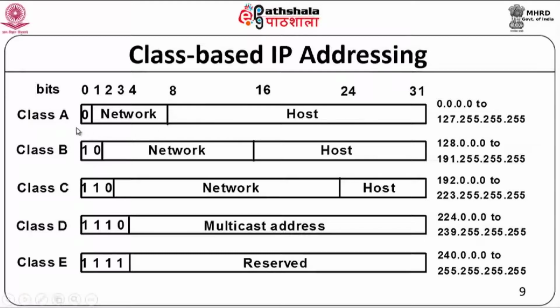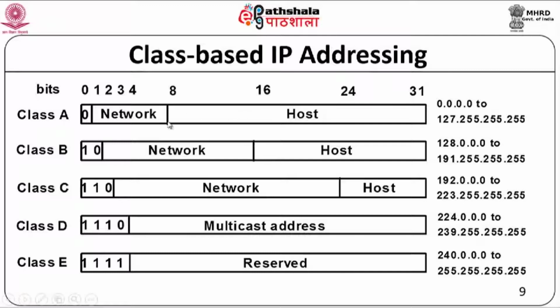So, if you take a class A network, in a class A network, the first bit is a 0, okay, that is basically the identification that it is a class A network, and in a class A network, the first 8 bits, that is including the 0, is the network part of the address, that gives you the network identification, and the rest of the bits, 24 bits here, they identify the host part of the address.